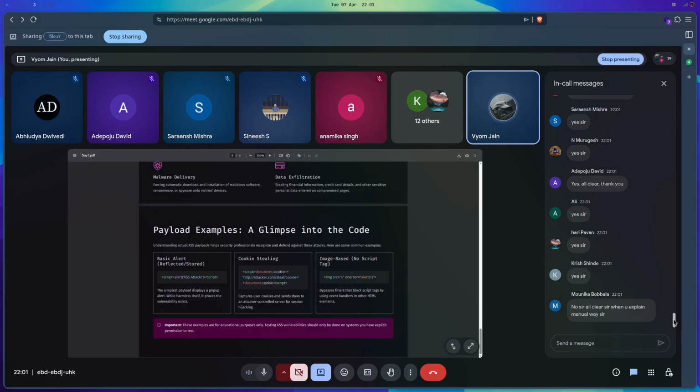One task I am giving you: if you have created an account on PortSwigger, it is very good. If you have not, create one. Tomorrow we would be doing PortSwigger labs, and I might be selecting some labs for the beginner level. And if it all worked, then we would move to intermediate levels. So your task is to create an account on PortSwigger Labs. It is free and